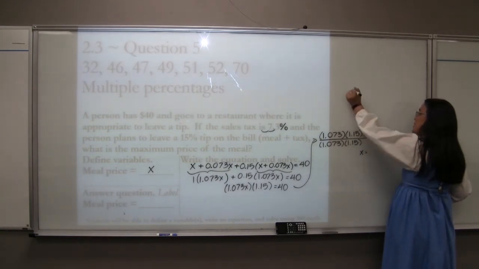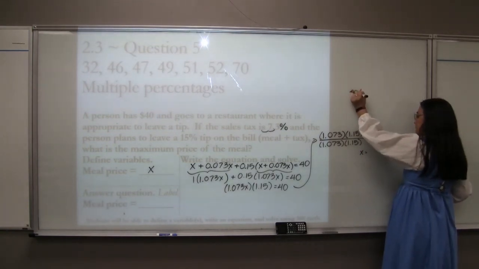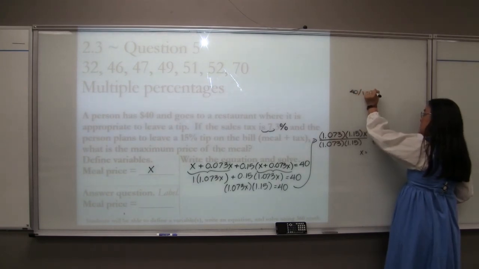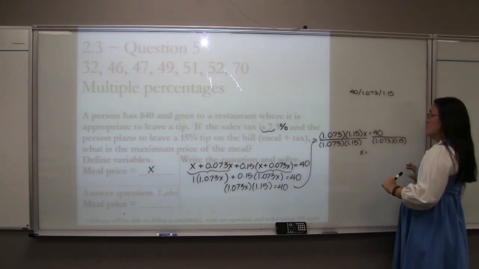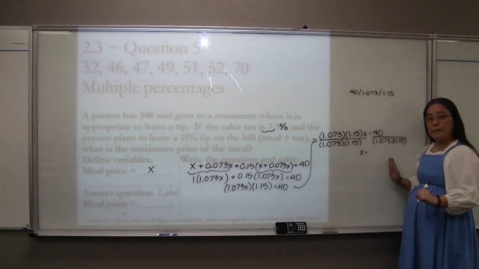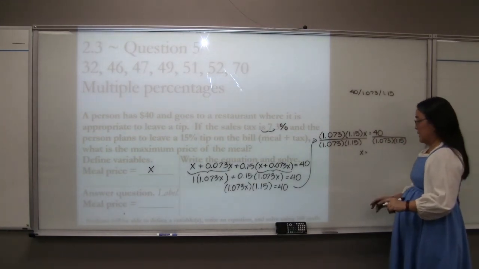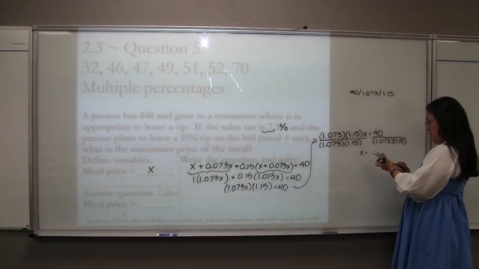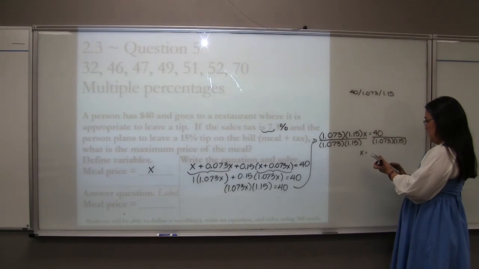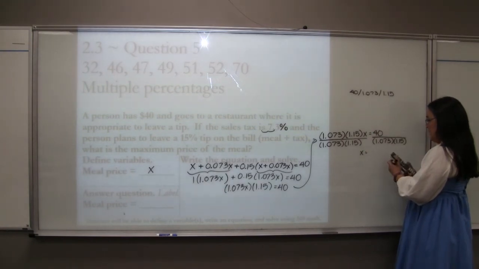What you're going to type into your calculator is 40 divided by 1.073 divided by 1.15, and the calculator will actually do it correctly. If you have the ability to make a numerator and denominator like this, that would be wonderful. So 40 divided by each of those gives us